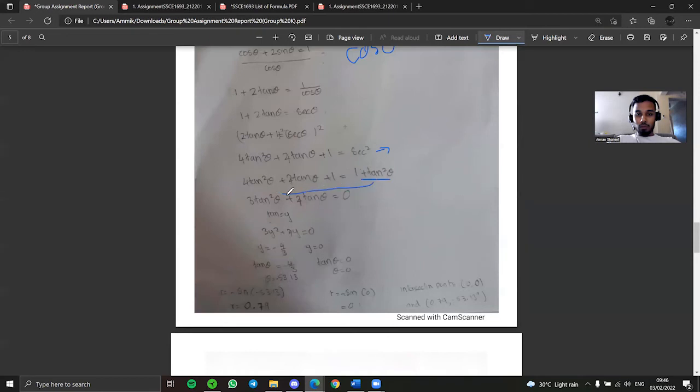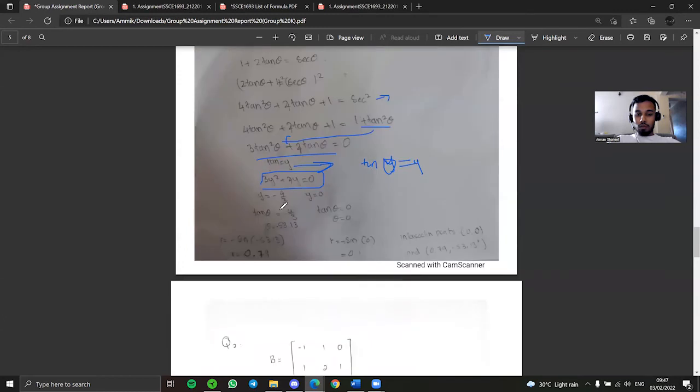And we could bring the tan square on the other side and subtract it. So here I substituted tan theta is equal to y, and we could just write it this way and get tan theta after getting the y value. After getting the y value, we replace it in the tan theta. As we said, tan theta is equal to y. After getting the y value, we have to replace, and tan theta is equal to negative 4/3, so